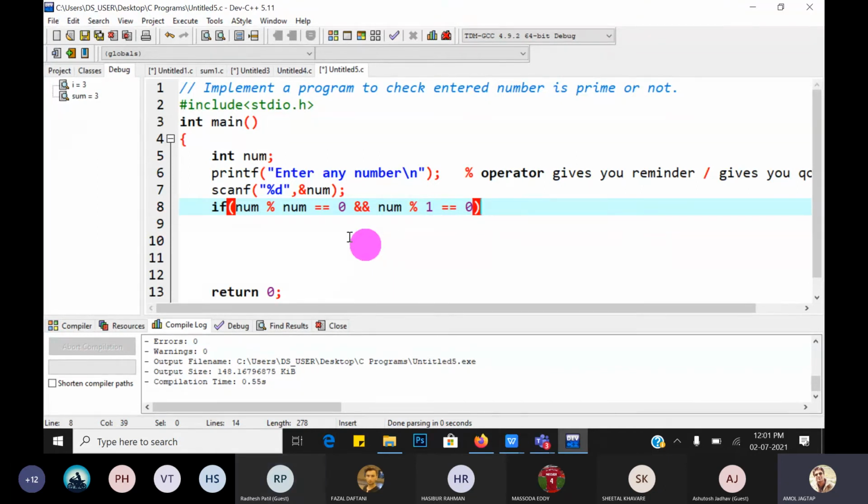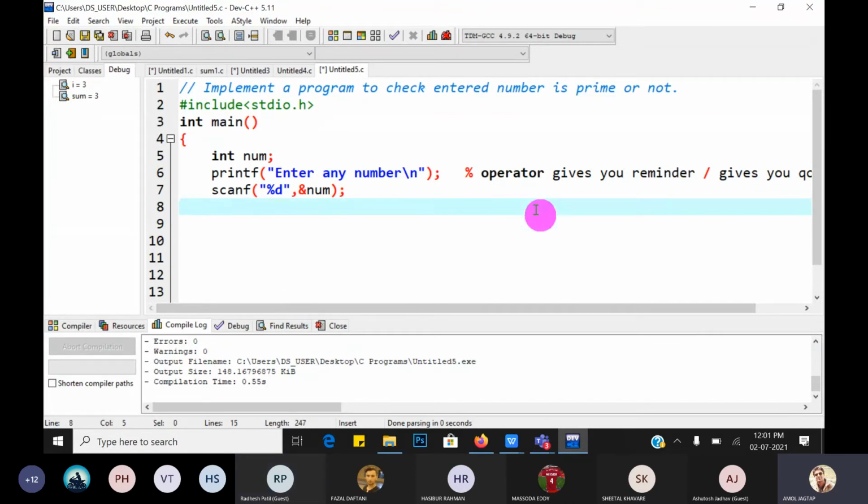But there is one keyword here. What is the keyword? Only. How to write only here? This is not possible. We cannot write only here, because if that number is divisible by itself, num, or 1, then only is it a prime number. Divisible means the modulus operator gives remainder 0. But only is the most important word, and it is not a keyword in the C language, so we cannot write it like this.